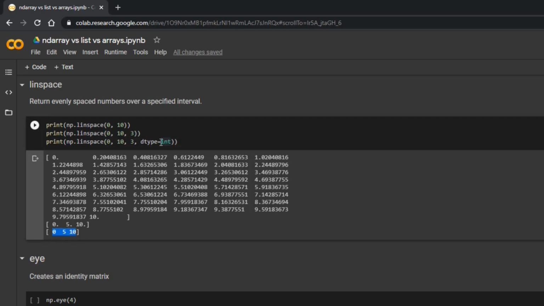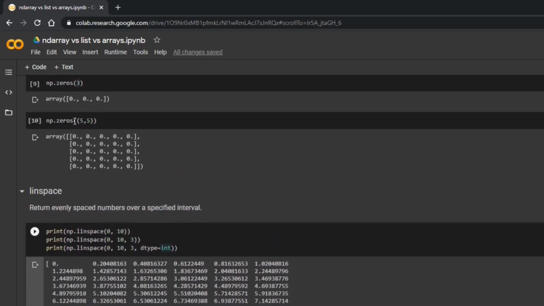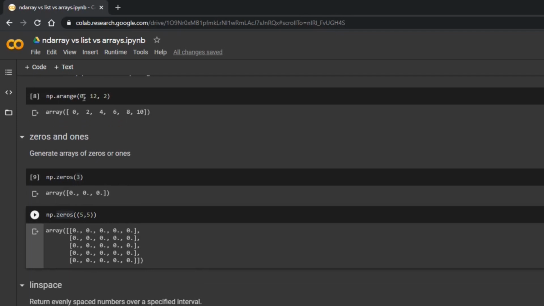If I don't specify the data type, by default it generates floats, right? So what is the difference between zeros and linspace? Zeros will always generate zero values, as usual.